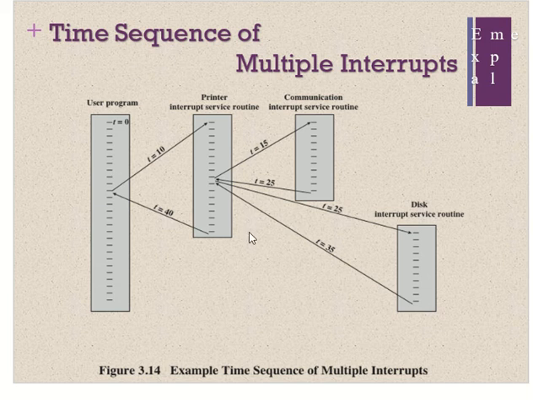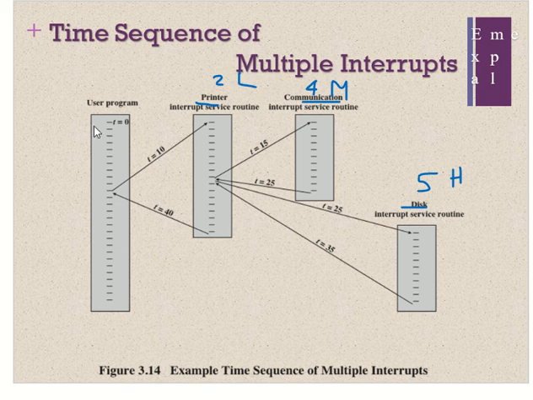So let's assume that we have many interrupts. Let's say this is for the printer service routine, this is for the communication, and this is for the disk. Let's see the priority. For printer, the priority is 2. Let's assume one example, simply, this is not true, I'm just giving a number. For communication, the priority is 4. For disk, the priority is 5. Let's assume 5 means high priority, 4 is medium, and 2 is the low priority.